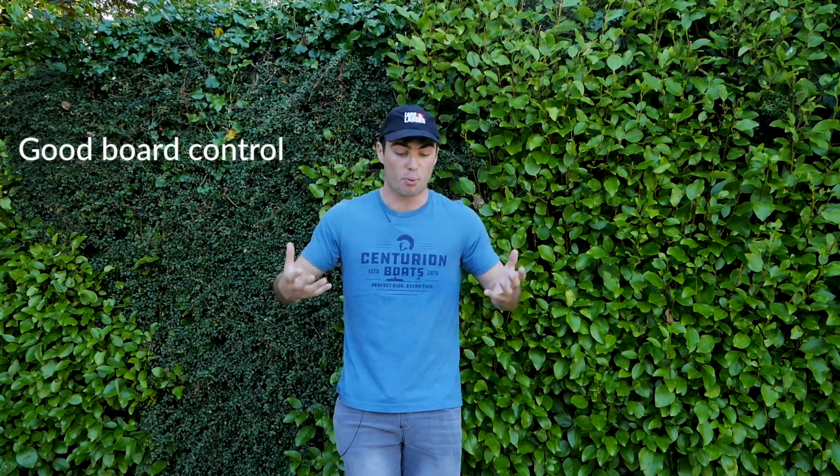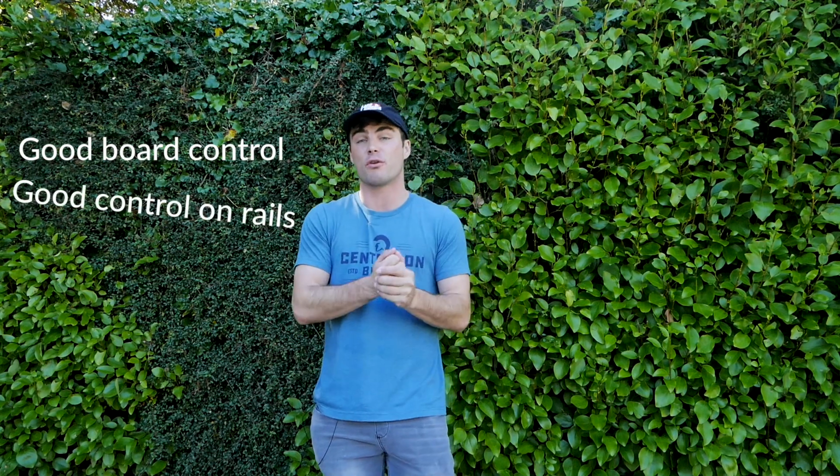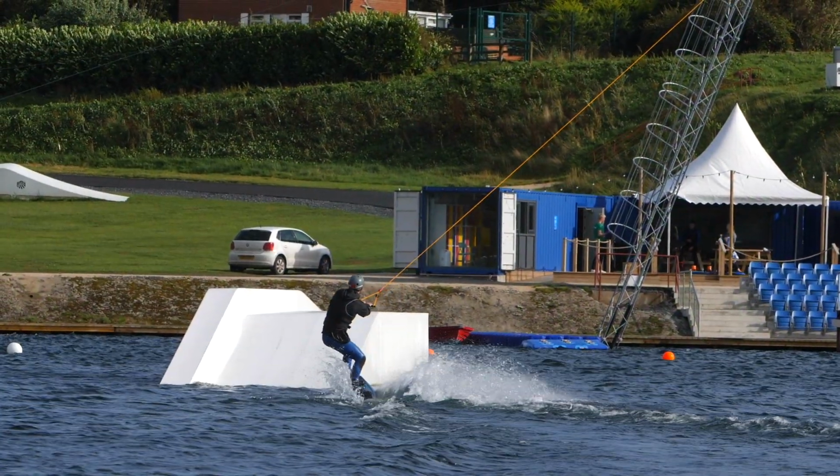So the first thing we got to talk about before we start is what fundamentals or what basics do you need to do a transfer. Basically, you need to have a good board control on the water and good control on a rail. In other words, you need to be able to do a board slide or a 50-50, or ideally do like lip slides and things like that, as it's always going to help. And the more control you have, the more likely you are to learn this easy and, most importantly, without actually hurting yourself. So I would always suggest learning it backside, or basically heel side,